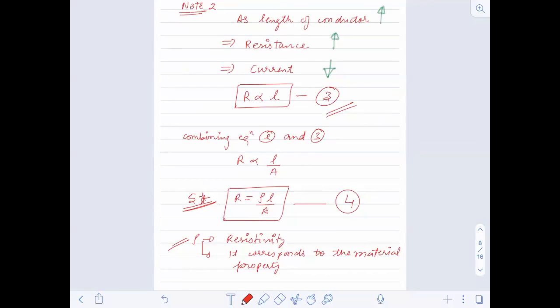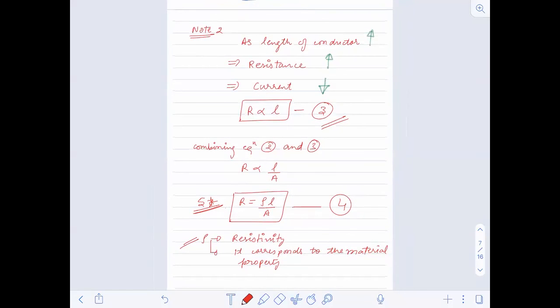Now, I'll leave here. In the next class, we'll start from this equation number 4 only. Now I'm giving you time. Just take down the screenshots. If anybody has missed anything, just take down the screenshots. Yes, all those who are having doubt, you can ask. I'll leave the screen.